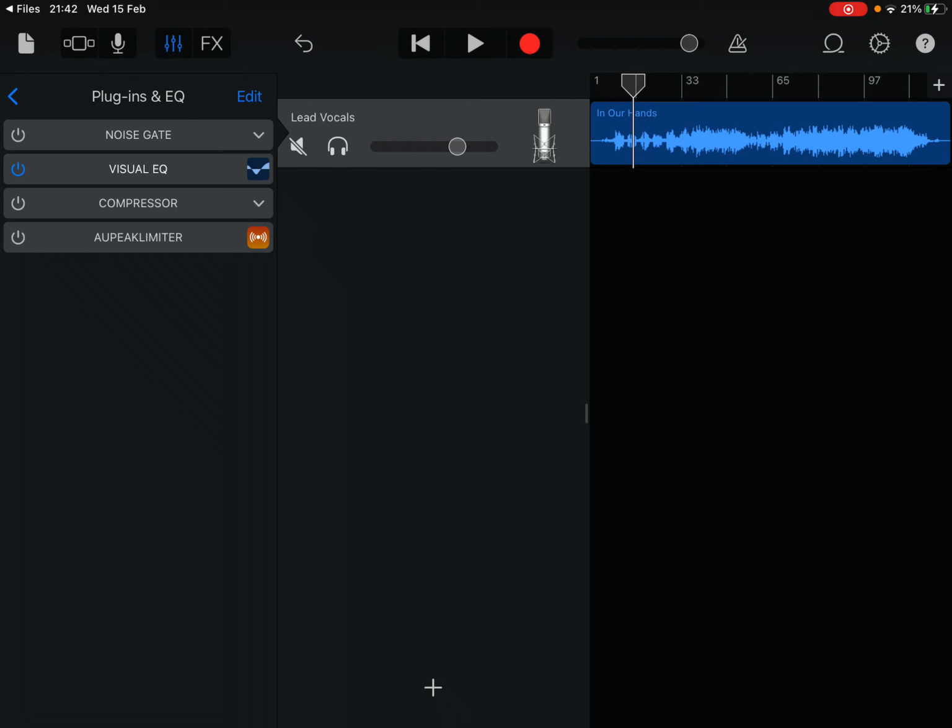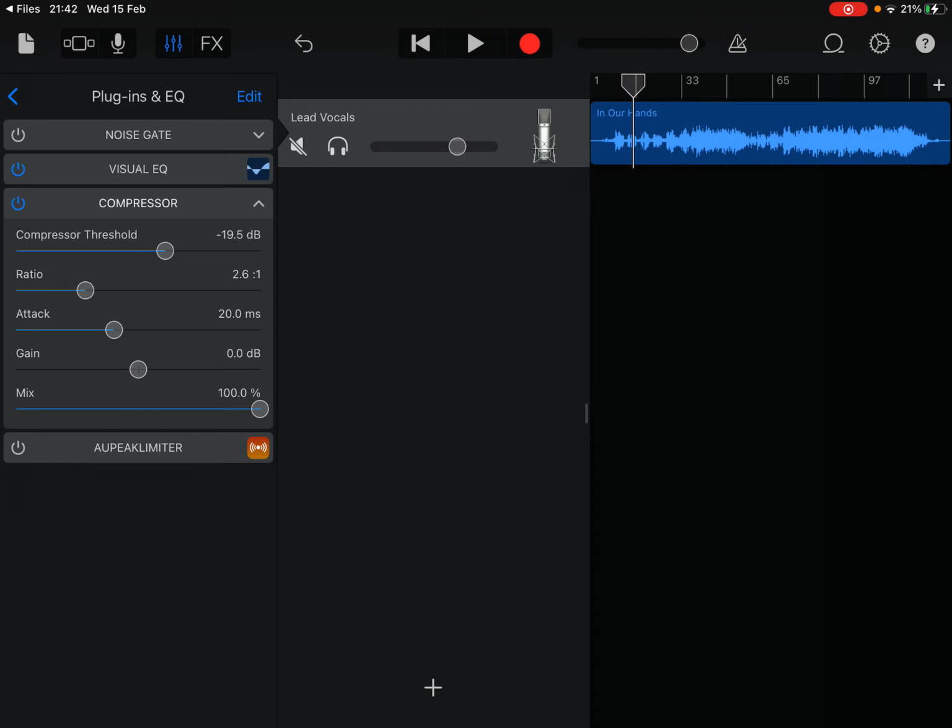So, you know, just doing that's made a big difference already. Just that one little step, just a little boost in the treble. That's all it needs. Now, next thing, now this is going to make a huge difference, is the compressor. So, I've only just been messing about with this recently, but what I've picked up is if you set that to around 5 dB,